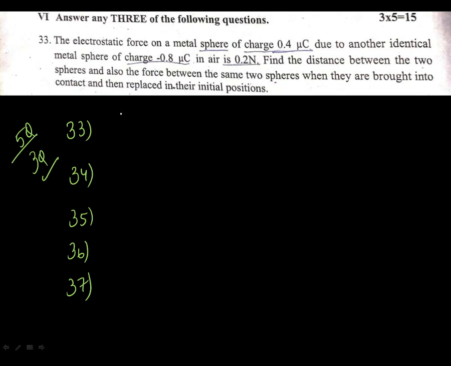Usually question number 33 is from electric charges and field, which is the first chapter, or from the second chapter, electrostatic potential and capacitance. Whereas the 34th question is opted always from current electricity, majority of the times. So these are the chapters on which you need to focus more to get those 15 marks in the last section, which is absolutely only about numericals.